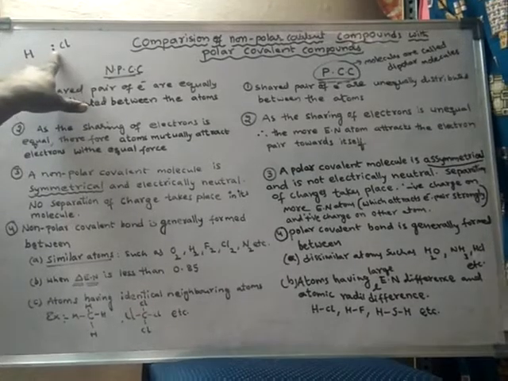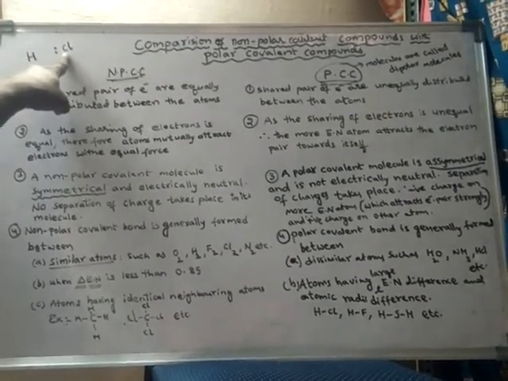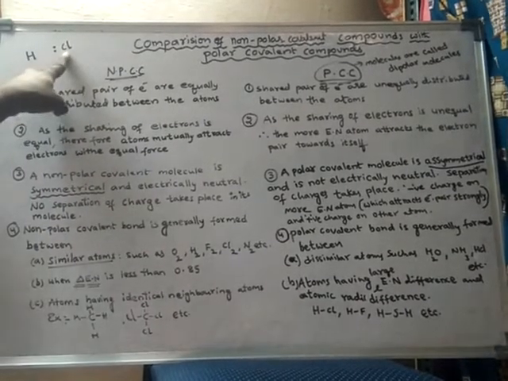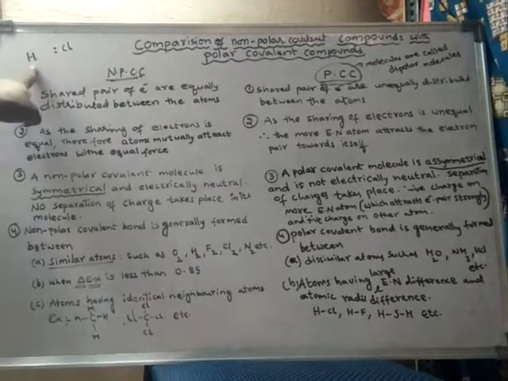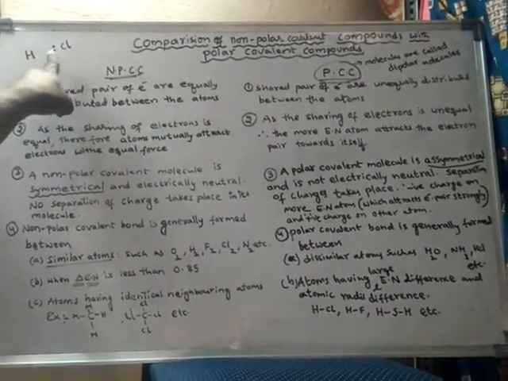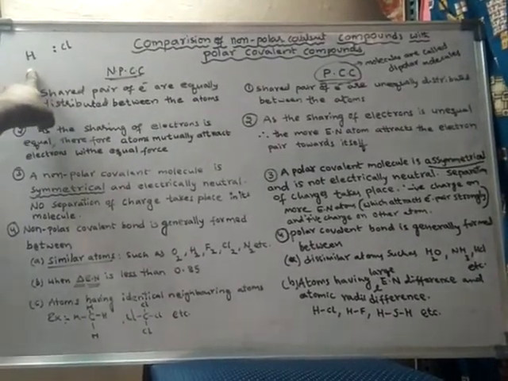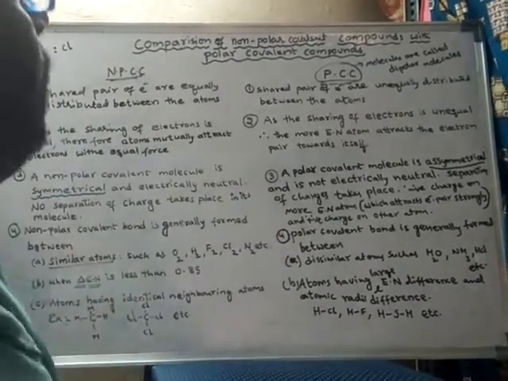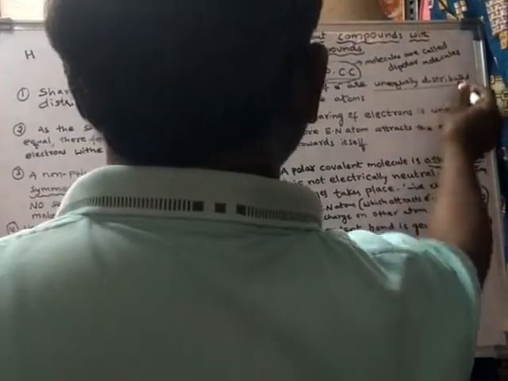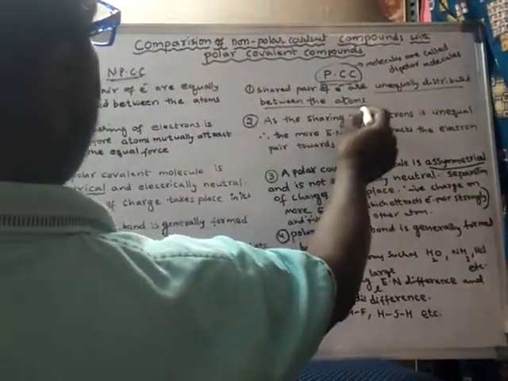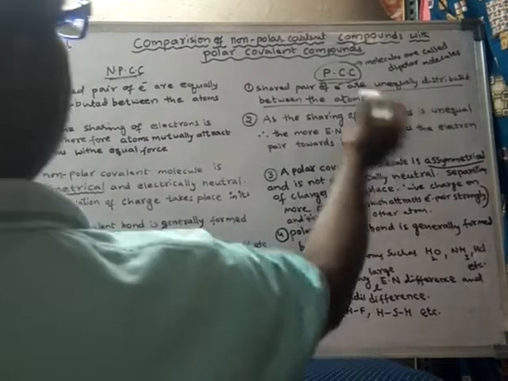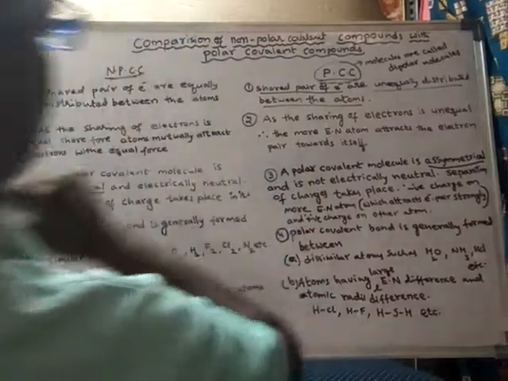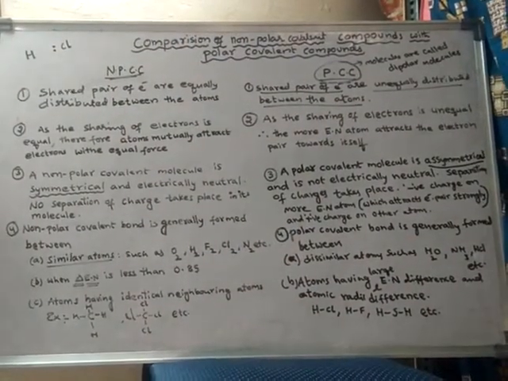Here the electron pair is distributed more to the chlorine atom because it is very close to the chlorine atom. For the hydrogen atom, that electron pair is far away, hence it shares that electron pair to a lesser extent. That means there is unequal distribution of the shared pair of electrons between the atoms.